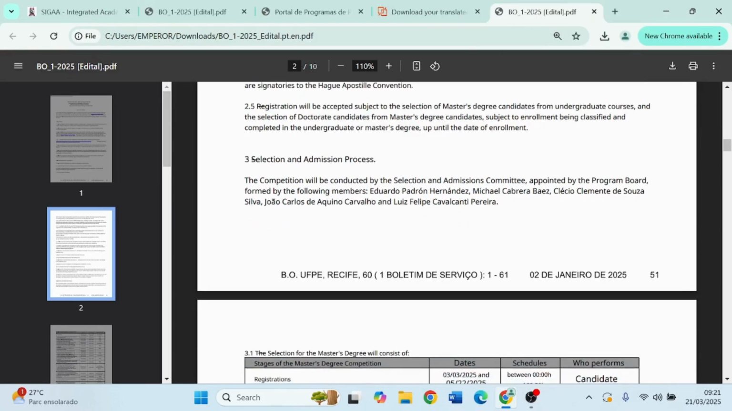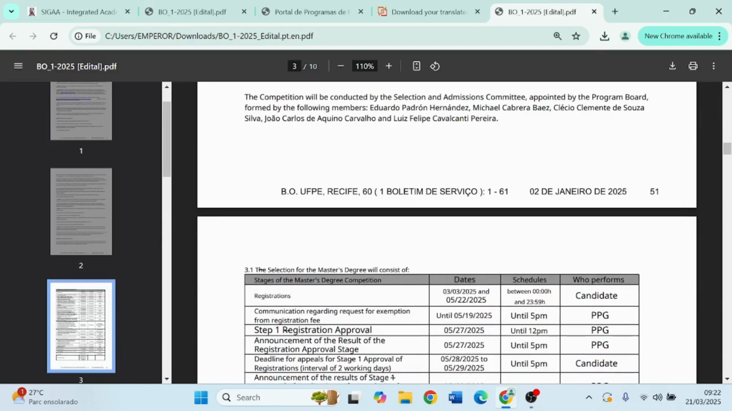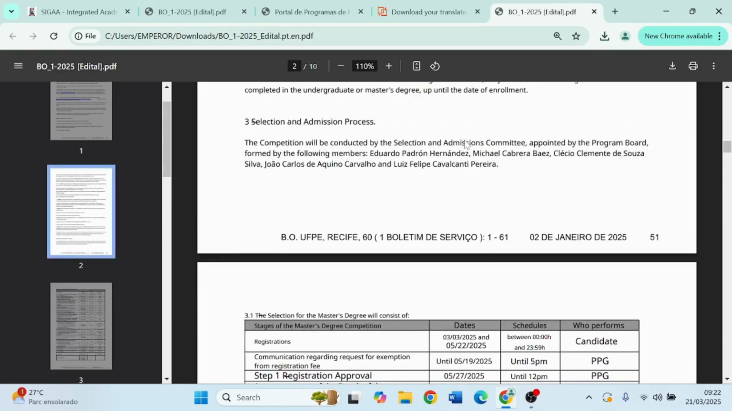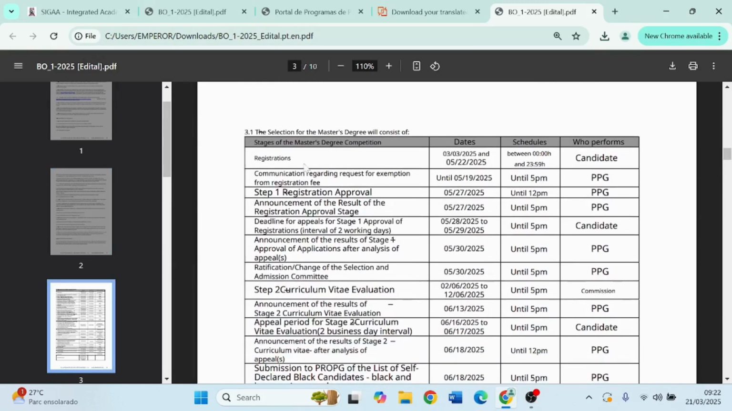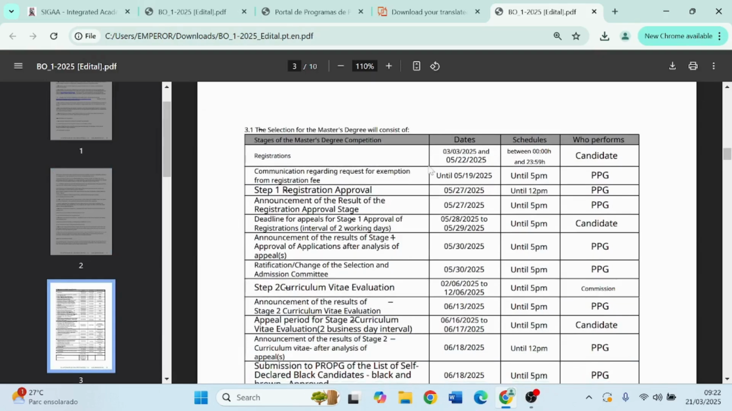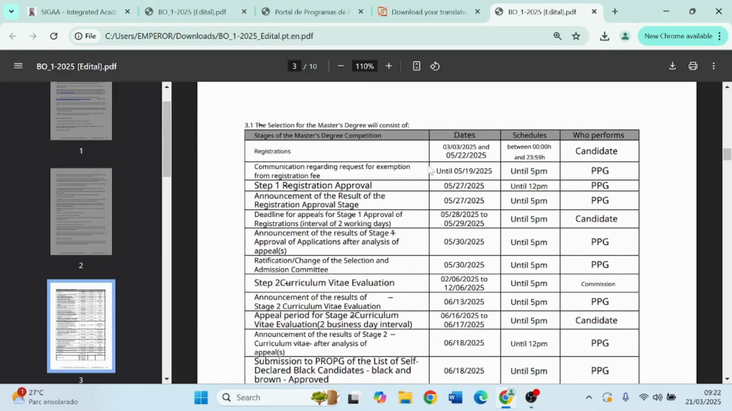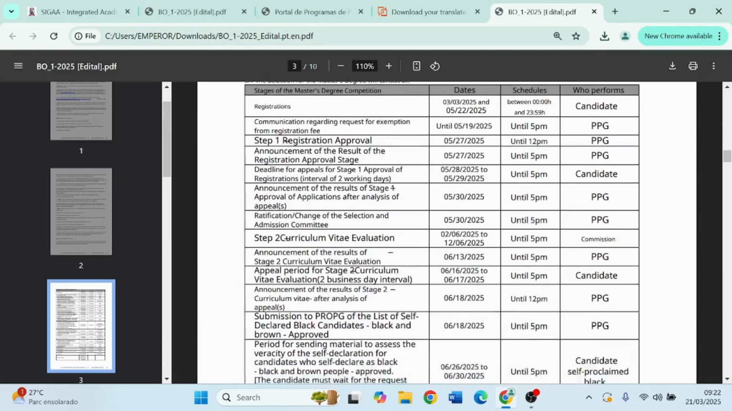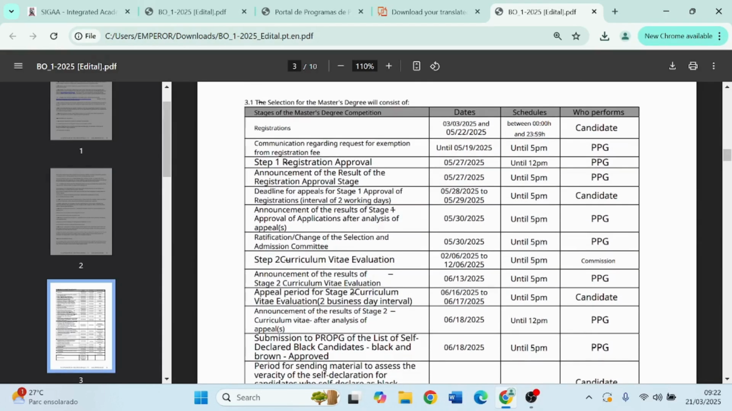Selection and admission process. Now, let's check this. The competition will be conducted by the Selection and Admission Committee appointed by the program code, formed by the following members. Okay, these are the members that will be reviewing your application. Now, let's check the stages. One thing I love about Brazilian universities is that they have stages for every one of their selection processes,